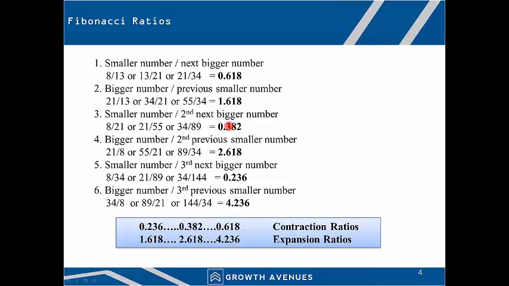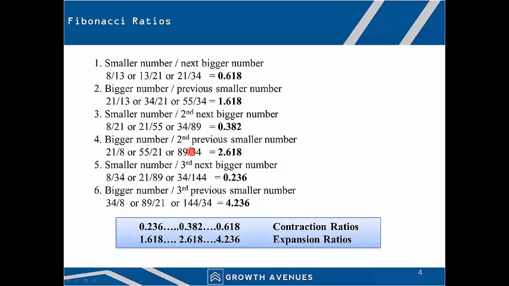Similarly now, like we did in number 2, we do the same thing in number 4. We will reverse this particular process to get another ratio. So here we take the bigger number and divide it by the second previous smaller number. Okay, so instead of 21 divided by 55, we do 55 divided by 21, or 89 divided by 34, or